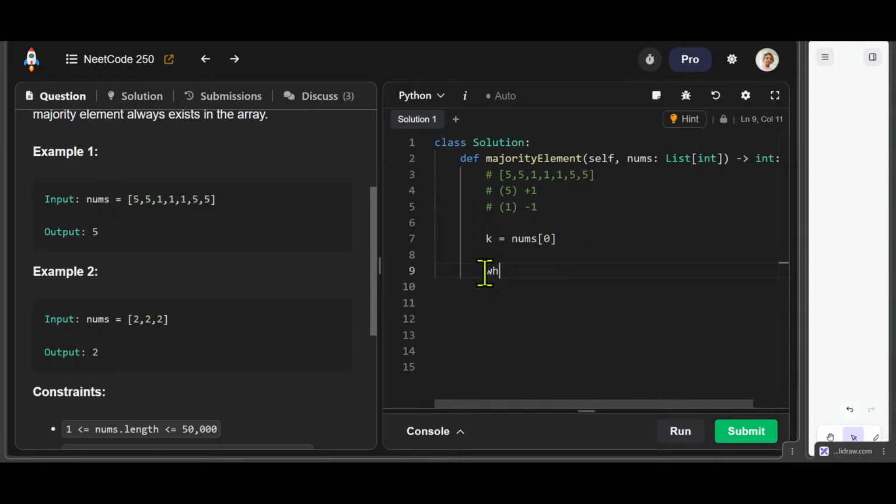Let me do that, wait. While I is less than the length of nums. If k is not equal to the nums of I, have to also do I plus equal to 1. Okay, so if it's not equal to the nums of I, we will score, but the score has to have some